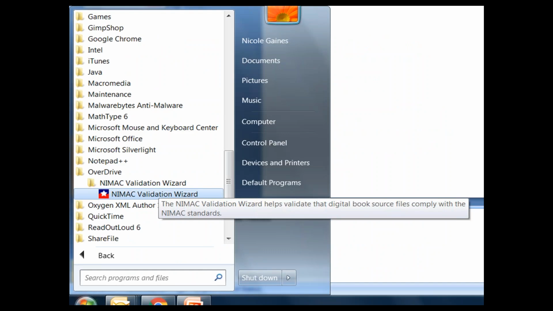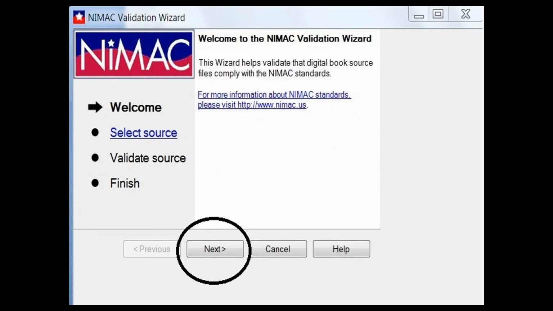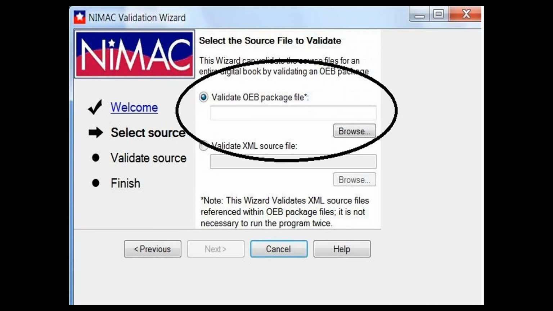So when you go to open up the program on your computer, it's really straightforward. You get a series of dialogues. You just kind of click through. The one thing that I wanted to point out when you're actually in the validation wizard is that there are